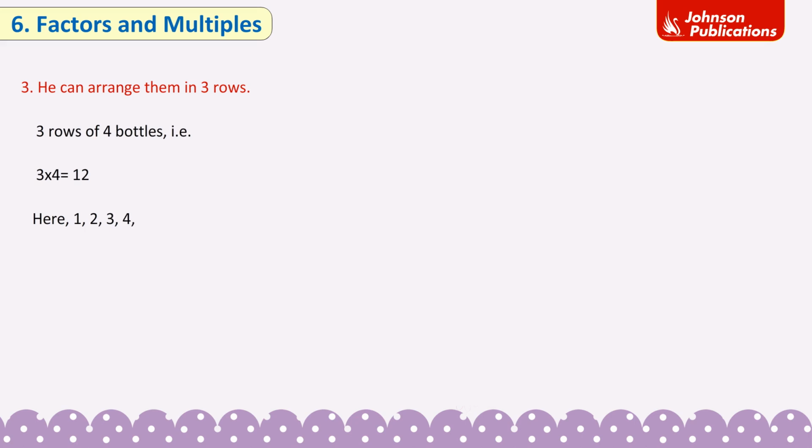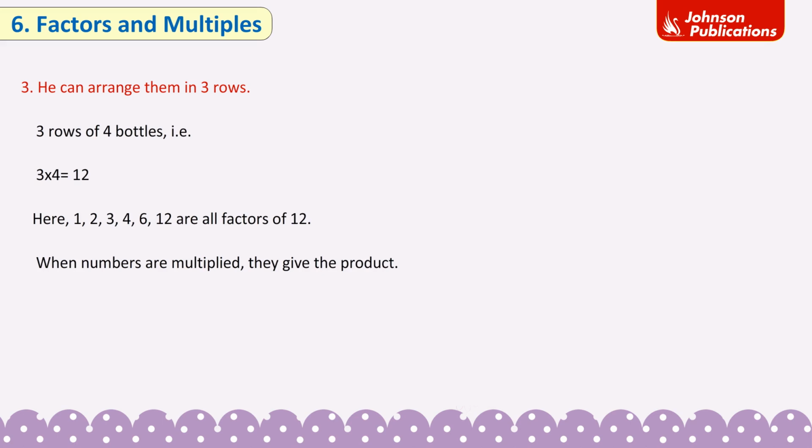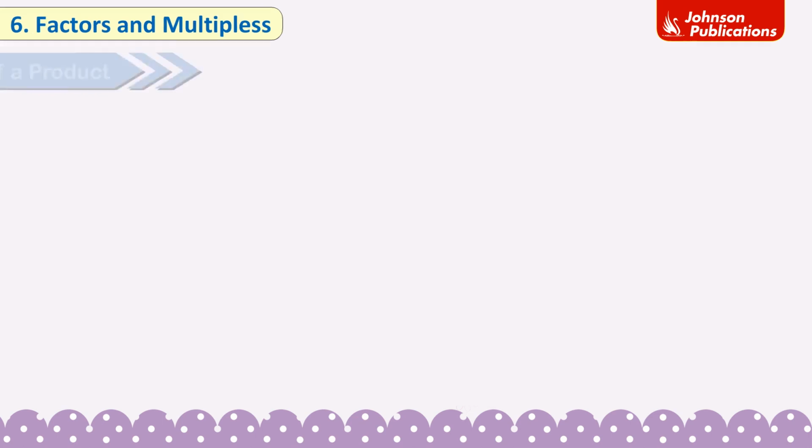When numbers are multiplied, they give the product. Each number which is multiplied is a factor of the product. Determining factors of a product. When a number divides another number exactly, then the divisor